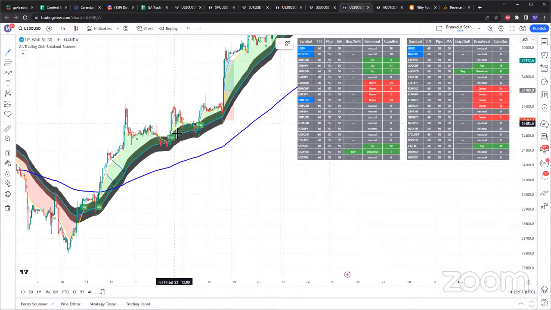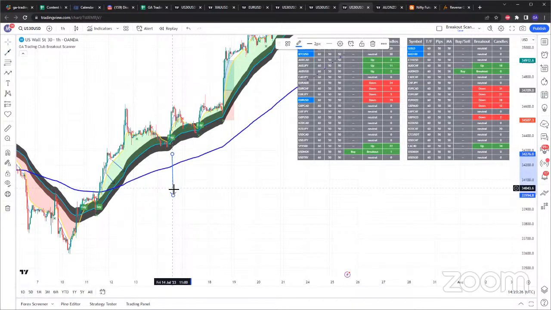As much as it would have hit full TP, what do you want to be wary about while using the breakout scanner? You don't want to catch trade. So for example, here price was buying and it came back in consolidation. So ideally, if it's been buying and comes back in consolidation, what you would normally expect is a move to the opposite side. And you can see, of course, here it didn't happen,